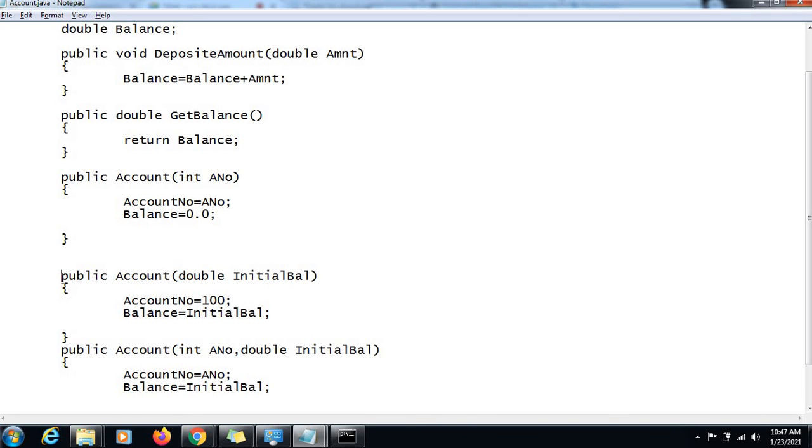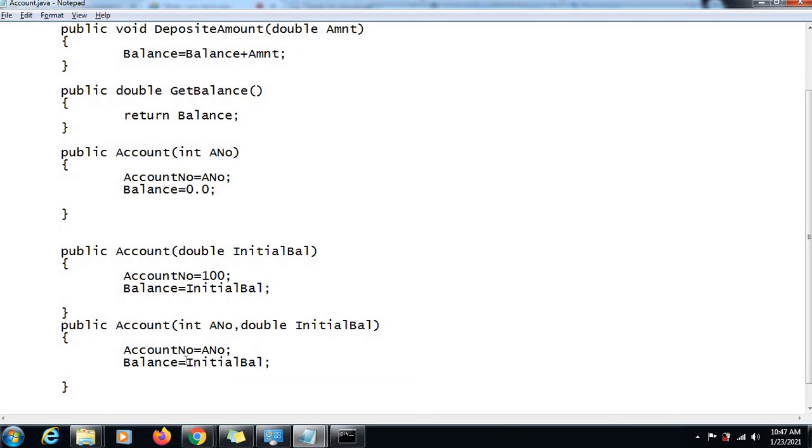And if you compare these two versions with this third one, you can see that the number of parameters are different here, right? So in overloading of constructors, the difference is either in the number of parameters or in the types of parameters, and this is called constructor overloading.